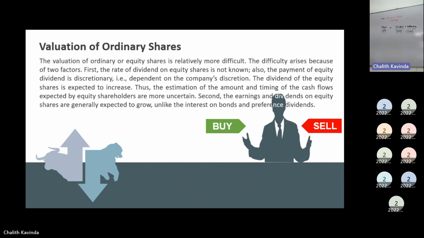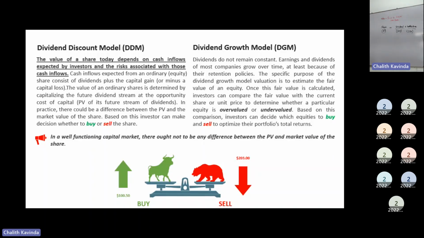So when it comes to the dividend valuation model, basically we are using two aspects: dividend discount and dividend growth. We discussed the technical part and the practical part related to this, and accordingly we'll have a discussion. Now, when it comes to the dividend discount model, what does it mean? You have your future dividends and you are going to discount them. We call it the dividend discount model.